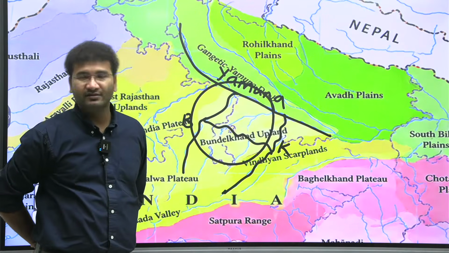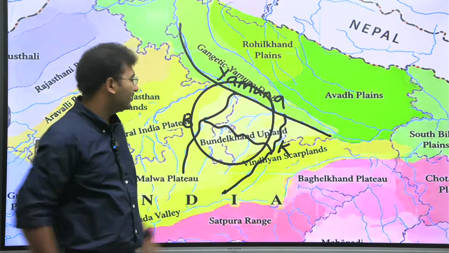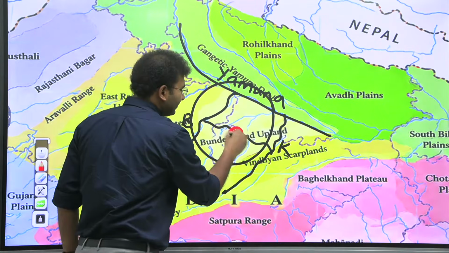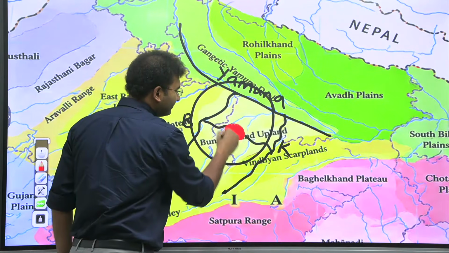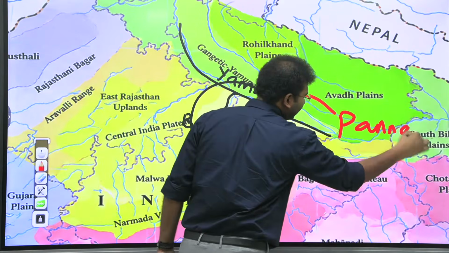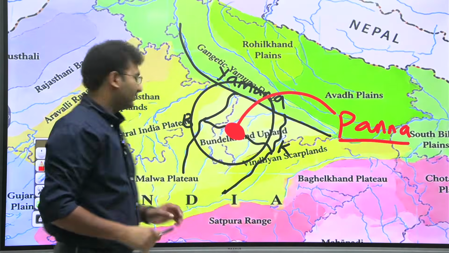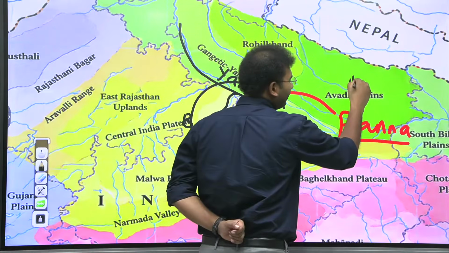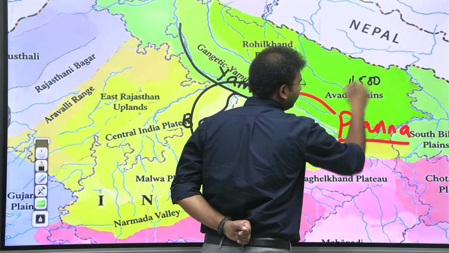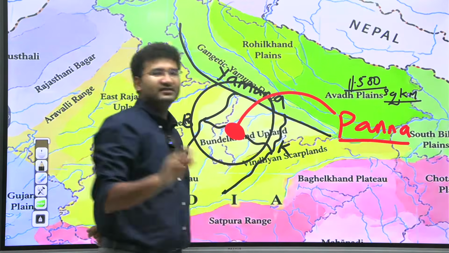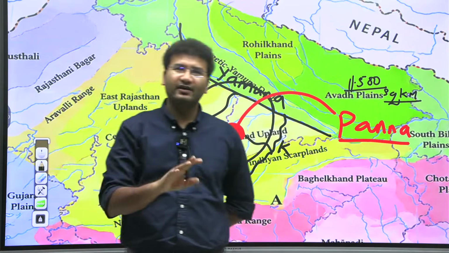40,000 crores have been issued to this, and there used to be a tiger reserve within that. Here there was a national park and a tiger reserve. What is the name? Panna. So this is your Panna Tiger Reserve. Out of this Panna, roughly 11,500 square kilometers of area, 6,500 square kilometers of area is submerged.